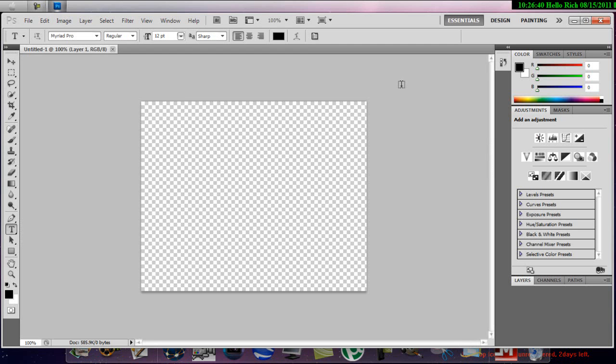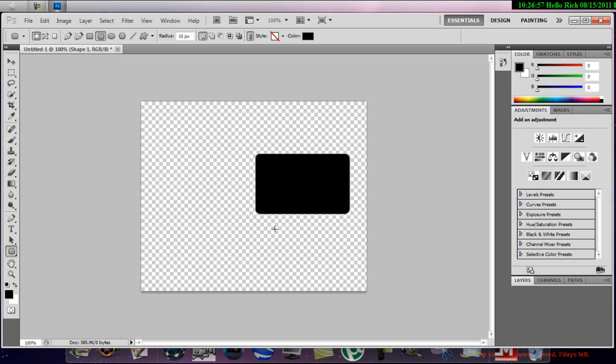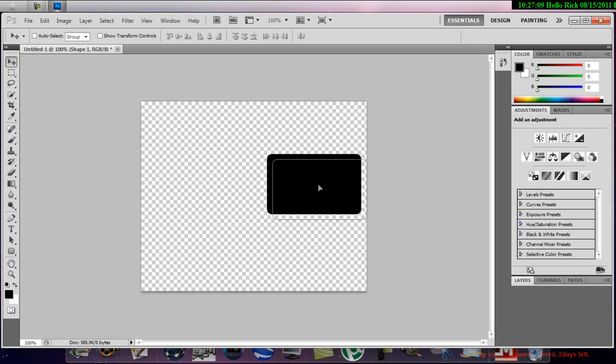Okay, now what you want to do is click on this rectangle and then click on rounded rectangle tool, and then draw yourself a rectangle like so. And then click on this tool and then just drag it to the right hand side center like so, and then